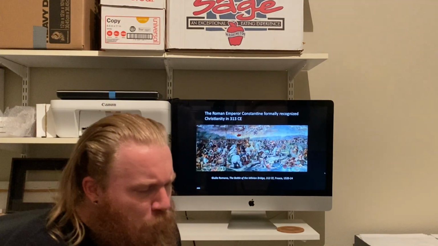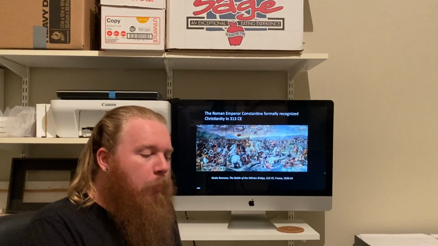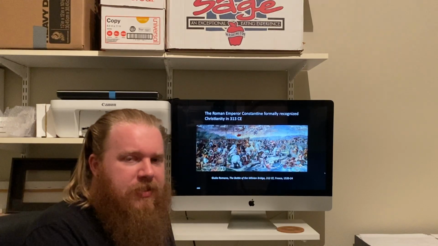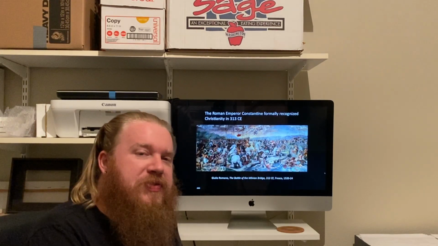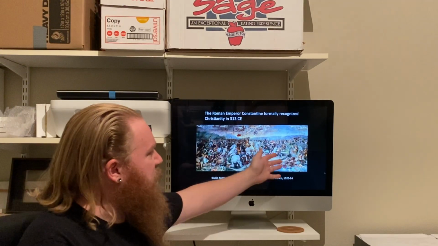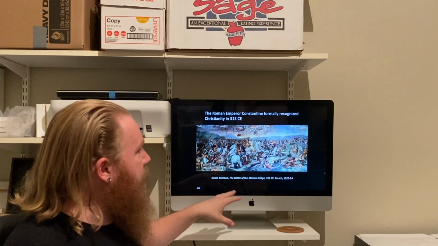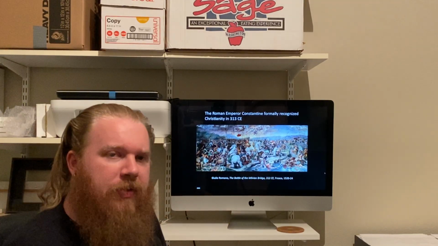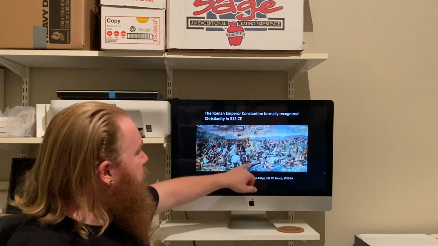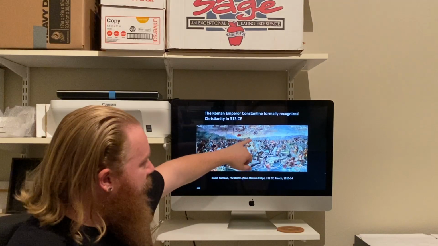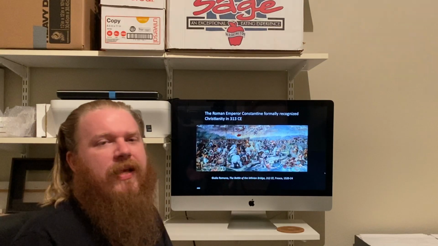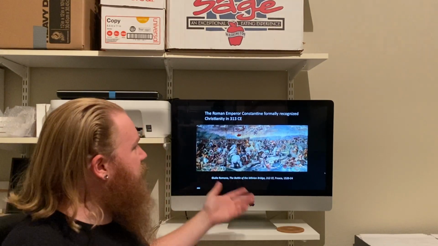Now, the Roman Emperor Constantine formally recognizes Christianity as an official state religion of the Roman Empire in 313 CE. And so this is said to take place because of the event that we see depicted here. And this is a Renaissance painting that is meant to depict the Battle of the Milvian Bridge. And so during this battle, or I should say before the battle, Constantine, who we see depicted on horseback in gold here, was said to have witnessed a kind of miraculous sign in the sky, in which several angels appeared